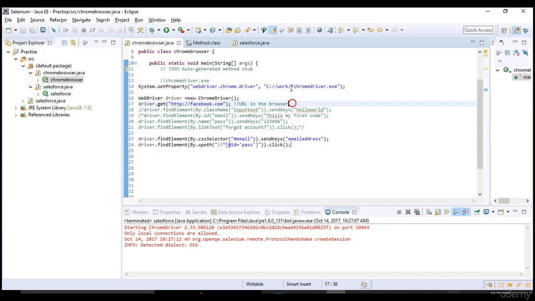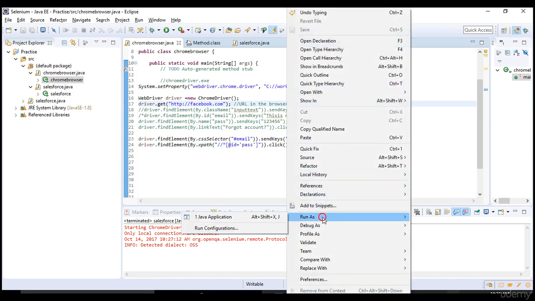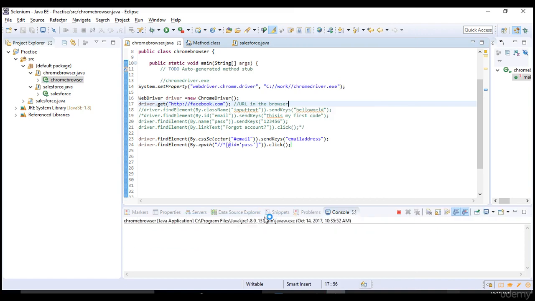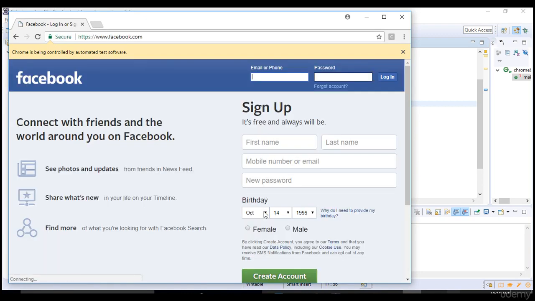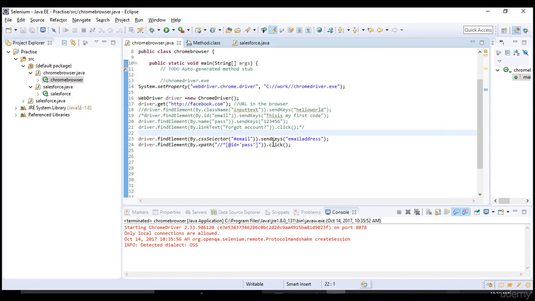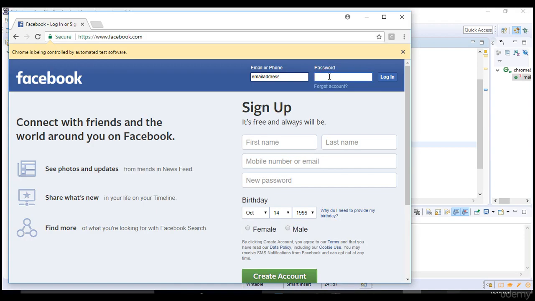Let's see that. Right click, run as Java application. It's so simple, right? That's why I am teaching XPath and CSS combinedly. The browser gives that information to you. You see that the email address it entered, and the password it did not enter. Why? Let's go back. Oh, you are using click here. It actually clicked it, but that doesn't make sense, right?